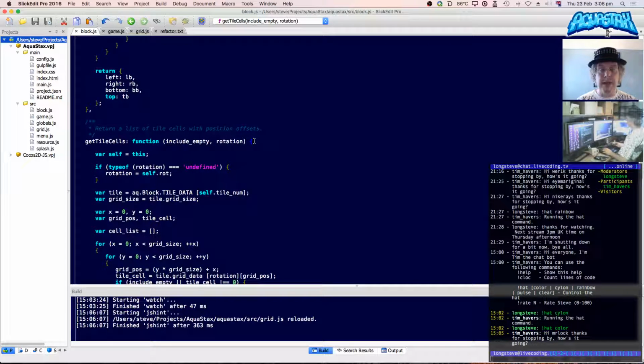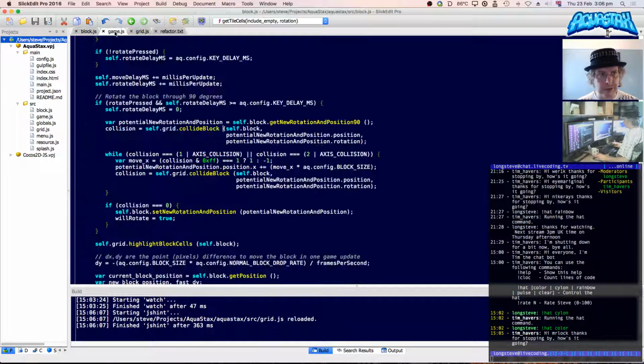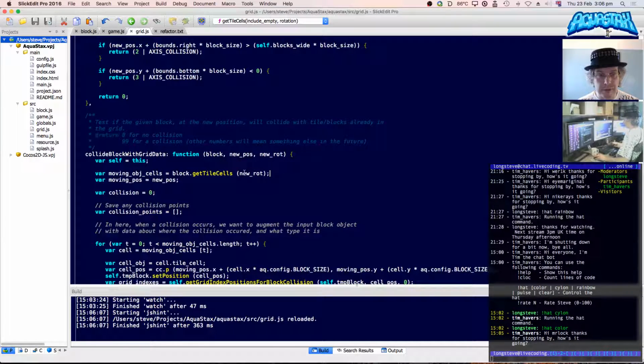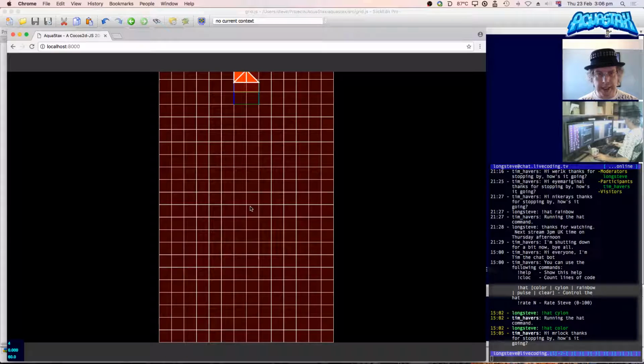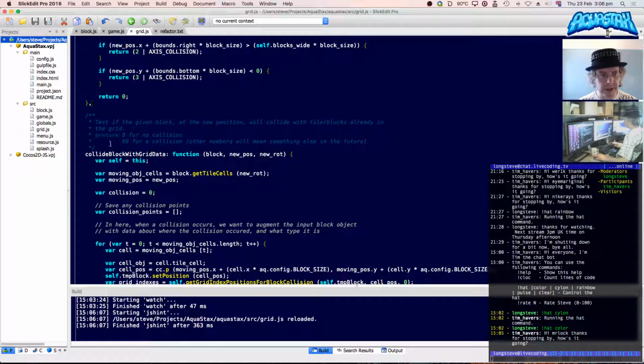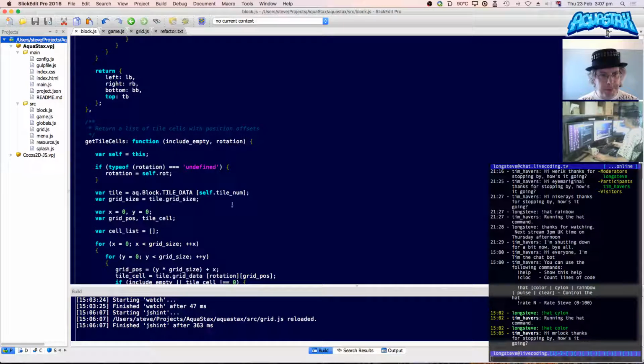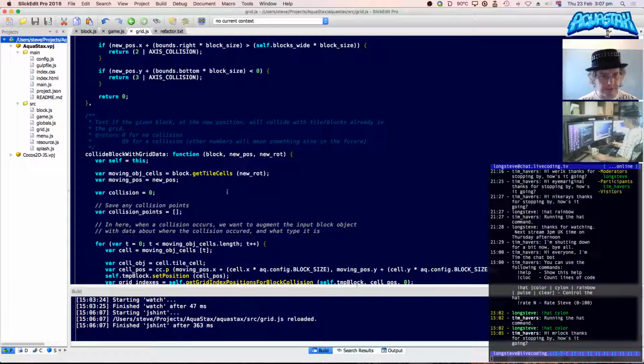Or GitHub blame maybe. Anyway, my call to it here was expecting to be passed the rotation, because what we're doing is testing to see what the new rotation will result in when I press the up key. Let's go to Chrome. Here we go. When I press the up key, it checks to see whether the new rotated block will collide. It does so by passing collide with grid data and other stuff, and it passes the new rotation. Here it is, passes the new rotation.